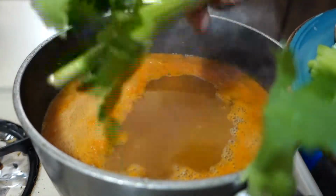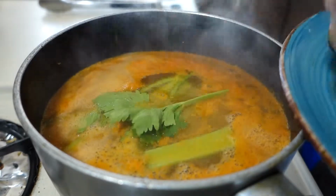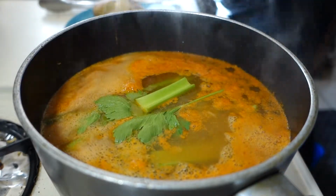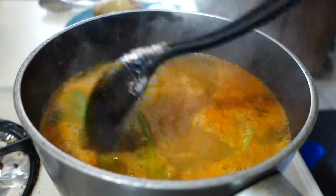So this part right here, I feel like it's very essential to the recipe. Without celery, I feel like it's not gonna give it the same flavor. Celery has a lot of good flavor, so therefore you should definitely add this to your recipe. I'm just saying, you don't have to, but